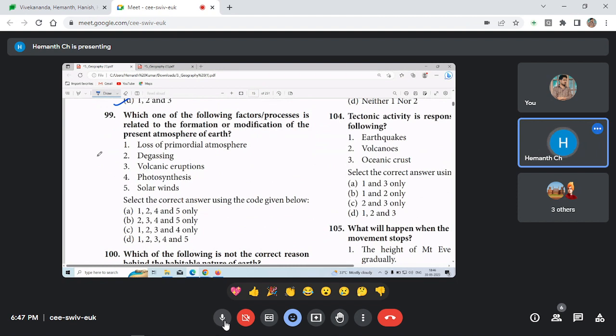Next, this model has a PYQ. Which of the following factors or processes is responsible for the formation or modification of the present atmosphere of the Earth? Degassing,